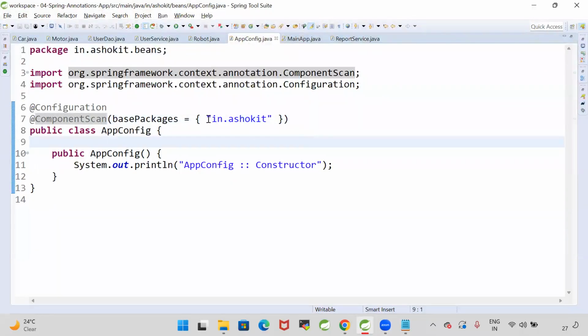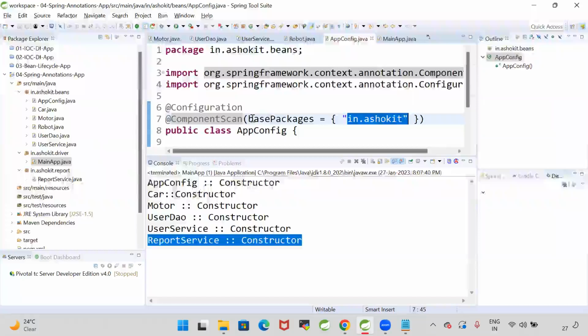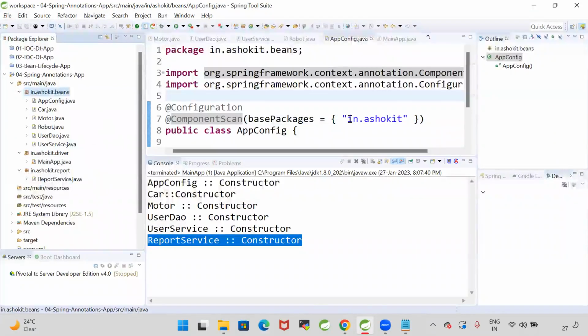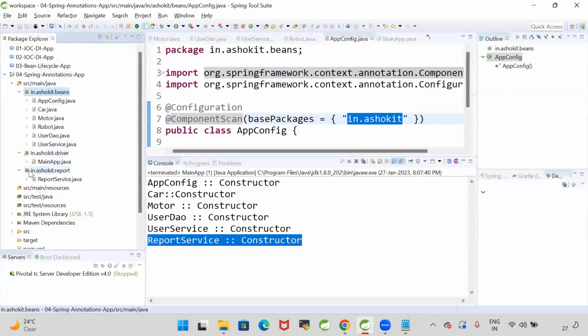What is the component scan? I have given the base package name as in.ashok.it. That means in the project, it will search all the packages which are starting with in.ashok.it. Base package name in.ashok.it means in.ashok.it.beans will be scanned, in.ashok.it.driver will be scanned, in.ashok.it.report will be scanned, in.ashok.it.util package also